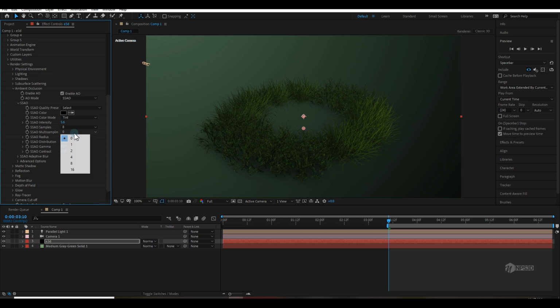So maybe somehow I like this one for now. And there are a bunch of more options like AO lighting influence, so you can just hide this because it allows you to remove AO from light where the light hits directly, it will remove the AO.